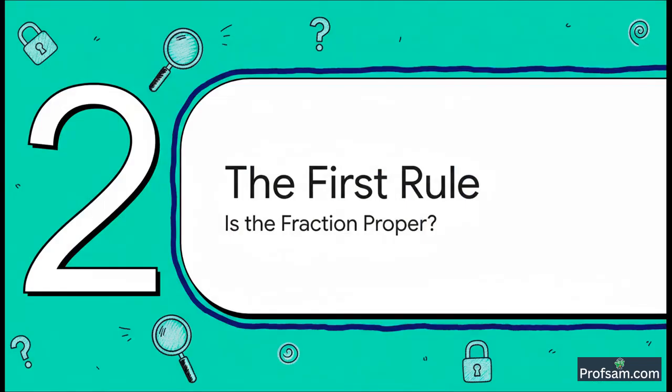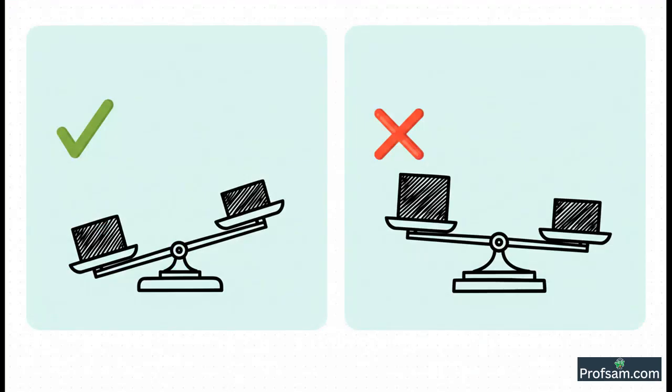Now, before we even start breaking things down, there is one super important first step. Just like a detective has to check the scene before they start looking for clues, we have a check we have to do, and this one is non-negotiable. You cannot skip it. We have to check if our fraction is a proper fraction. What does that mean? It's really simple. A proper fraction is where the highest power of x on the top is less than the highest power of x on the bottom. If the power on top is bigger or even equal to the bottom, then it's an